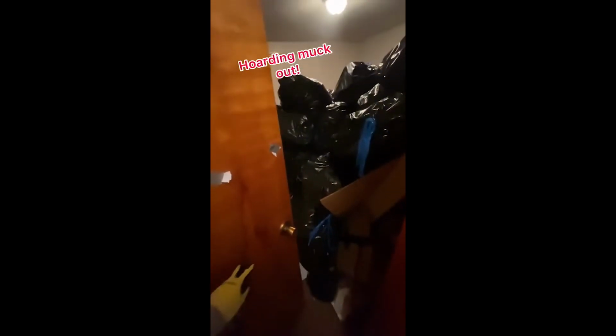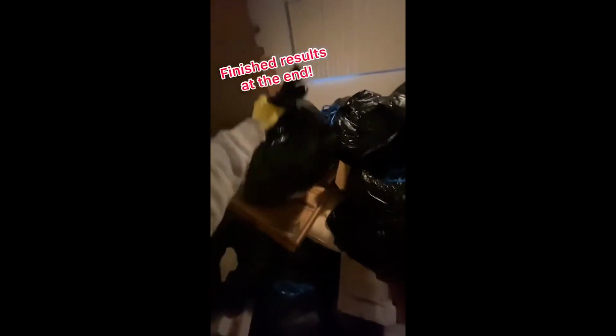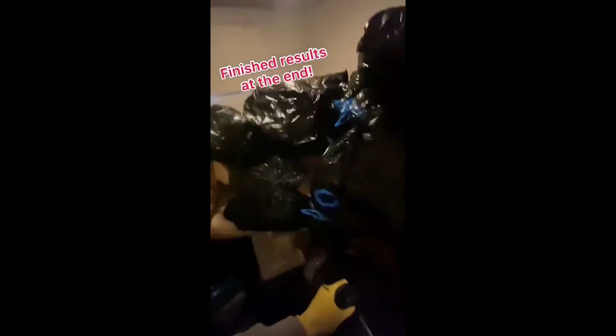Alright, we're gonna do a hoarding muck out today. These jobs are some of my favorite to do because you can see such a big difference from beginning to end. So jumping right into this project, the first thing we had to do was take out as much trash as we possibly could. Then I had to do my very best to make sure that it all fit in the box truck. So checking garbage bags like this was what I did for the majority of the day. But after we had just about filled the box truck, we had only this much left to go. We were super stoked with the amount of progress we made because it was honestly a little